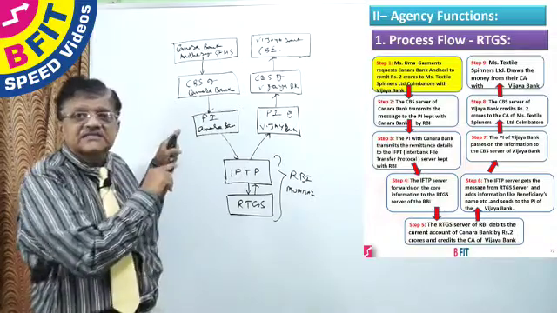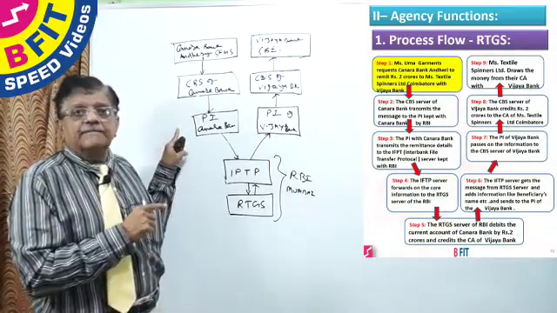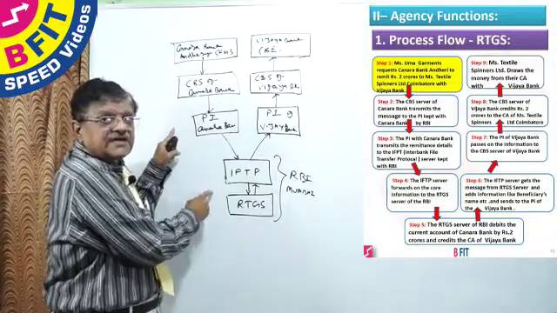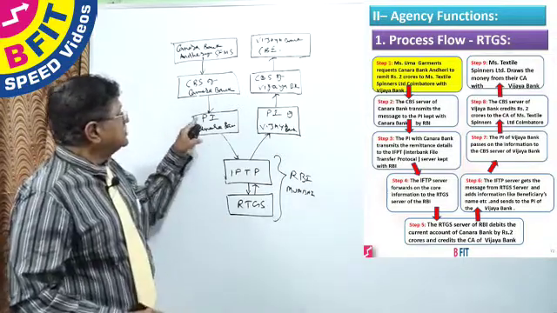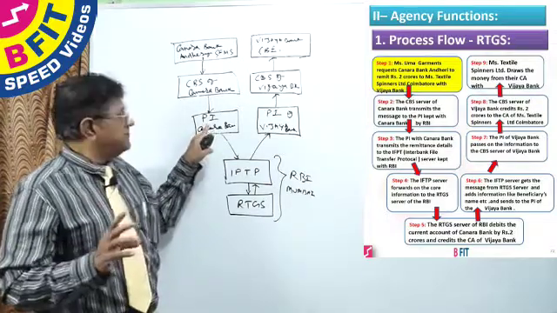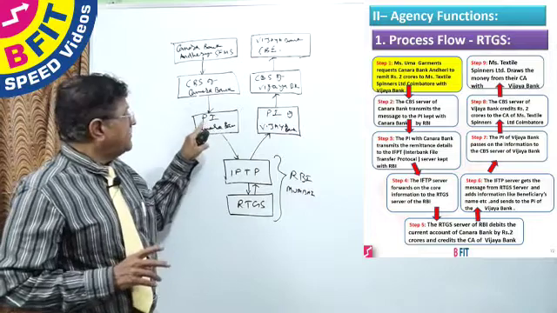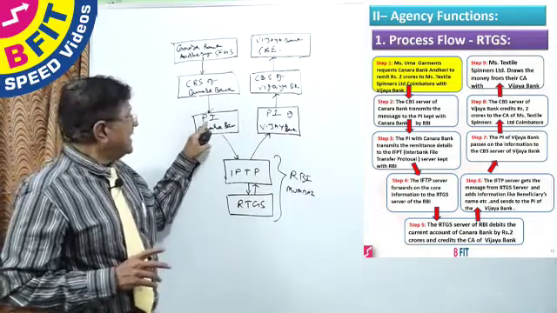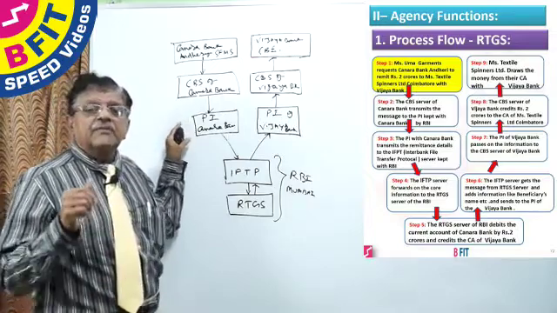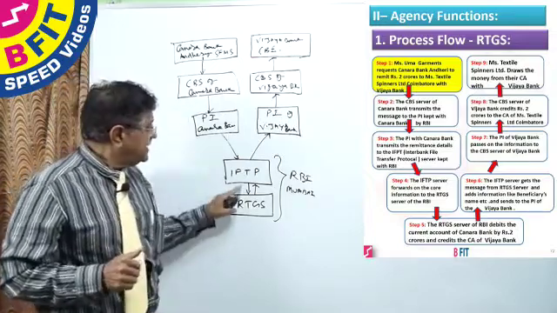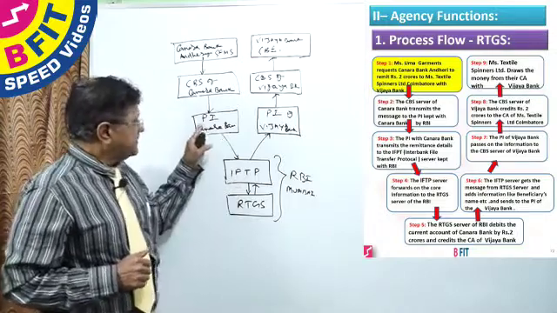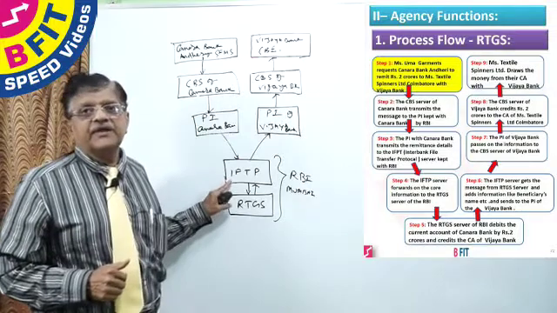This participant interface is the client of Reserve Bank of India's RTGS and IFTP server. So it goes to the PI, the participant interface. In the participant interface, it will be digitally signed and pushed to the RBI server. From here the message will first go to IFTP.